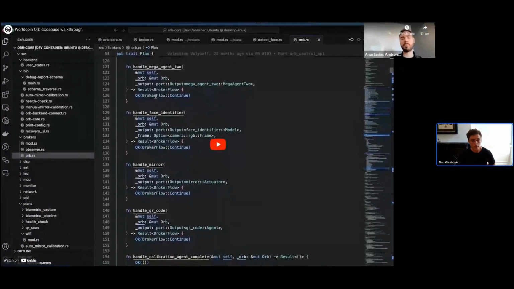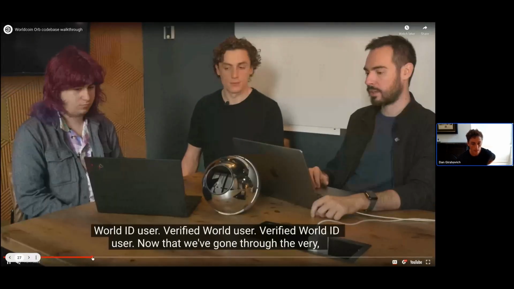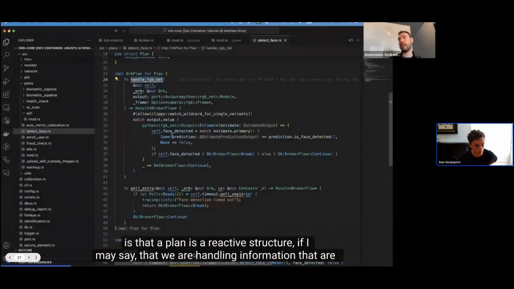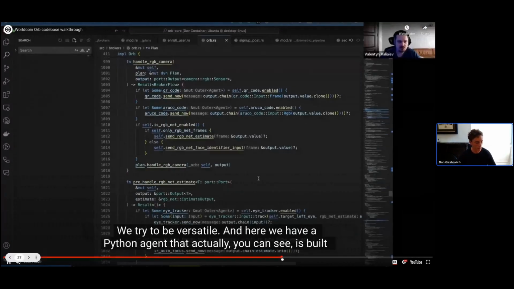So there's a much more technical deep dive that'll go into way more details than I'll do in this presentation. But if you're a software engineer or want to be a software engineer, or especially if you're interested in Rust, there's a roughly 45-minute walkthrough that I did with Anastasios and Valentin, moderated by, it looks like this. And so we walk through all the different code that is used for doing a sign up. And so actually a lot of this code I'm about to step through here. But first I want to